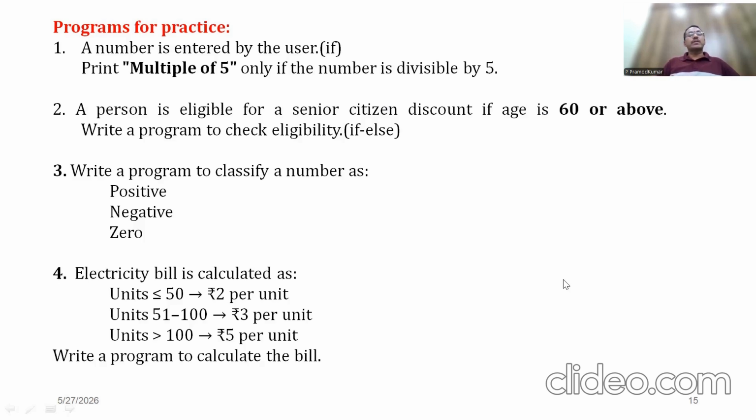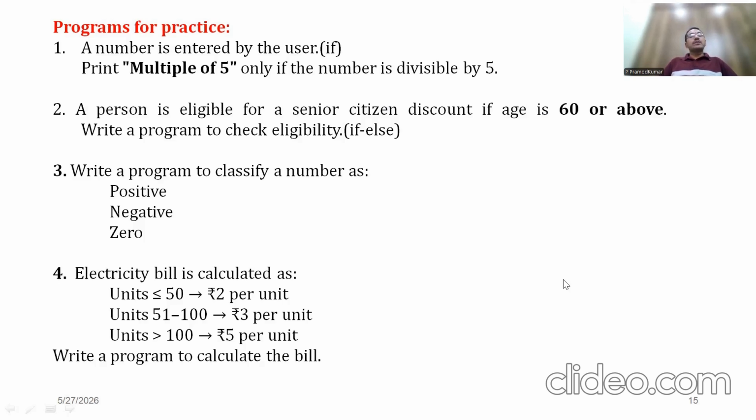Then coming to the third example, write a Python program to classify a number as whether it is a positive number or negative number or 0. In this case, we have to go with a ladder. So first read a number, compare that against 0. If it is greater than 0, say it is positive. Else if, compare it with less than 0. If that is true, print it is negative. If both of them are not satisfied, then finally the else block will be the resultant block,